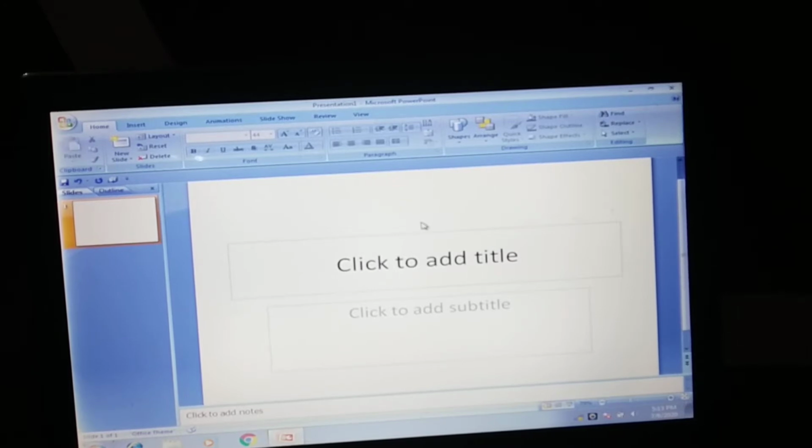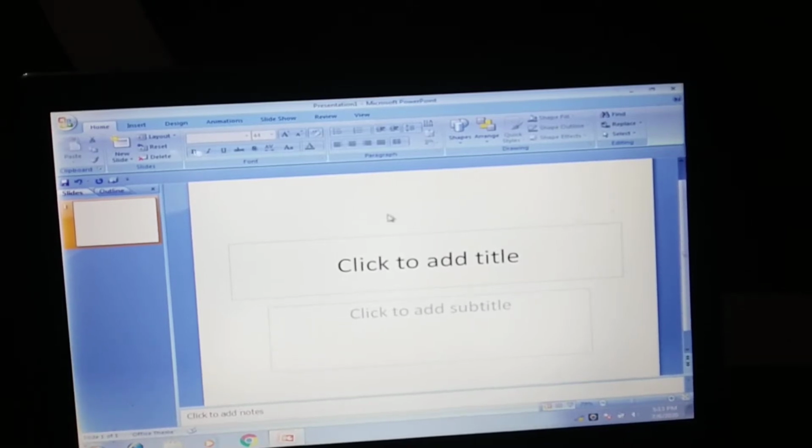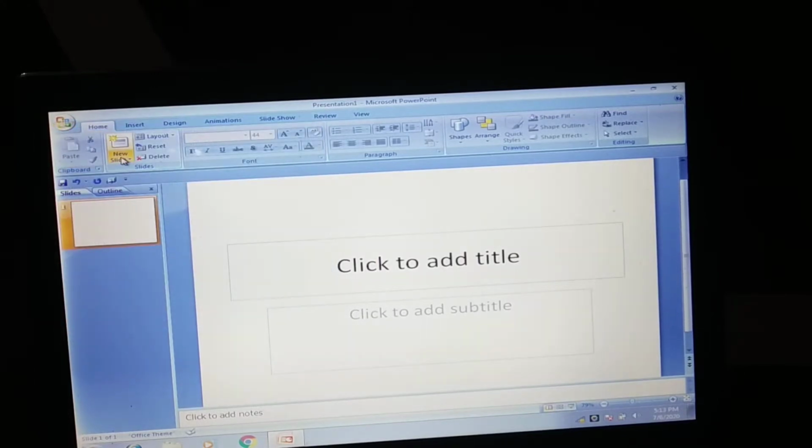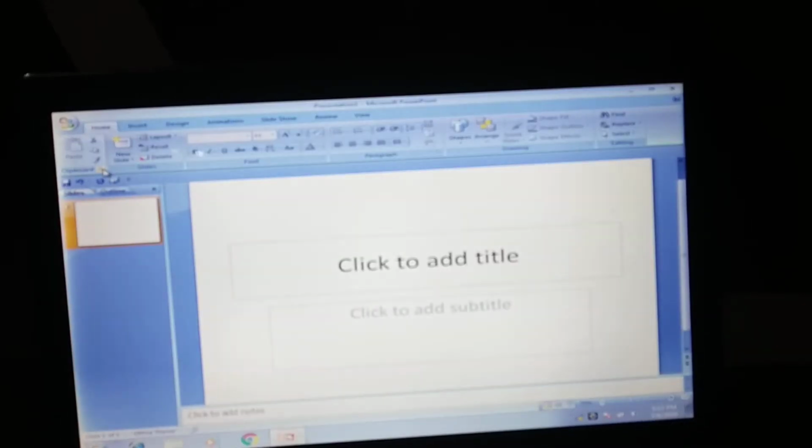the PowerPoint here, and on page 55, you have the topic on top, that is to copy and paste slides. For this, you have to go here. You can see the copy and paste options, cut, copy, paste.